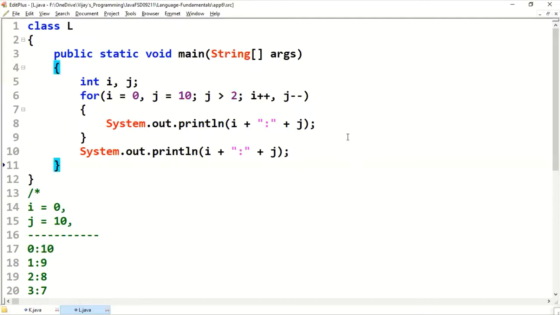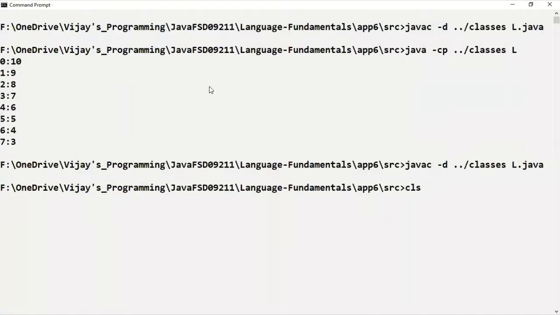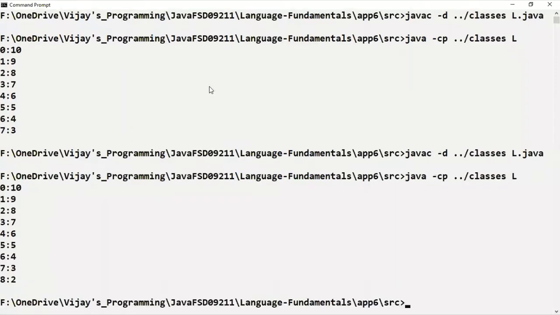Now there is no issue. Anywhere in the main method, you can use them. This is the last value, 8:2.